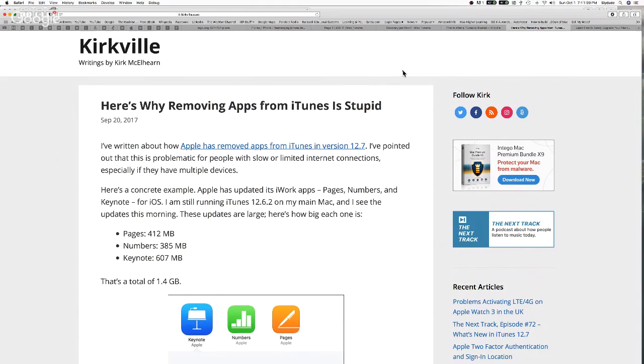My suggestion would be to try to make sure that you do these kinds of things when you're on your Wi-Fi network at home, assuming you have a decent speed network at home. That's not true for everyone, and that's one of the complaints that we're seeing with this change to iTunes 12.7. So that's another indication here. I am hoping personally that as this evolves,